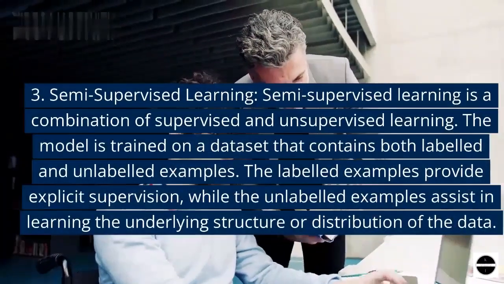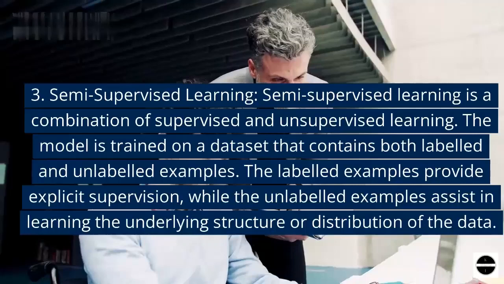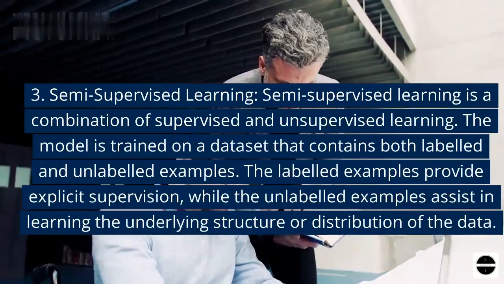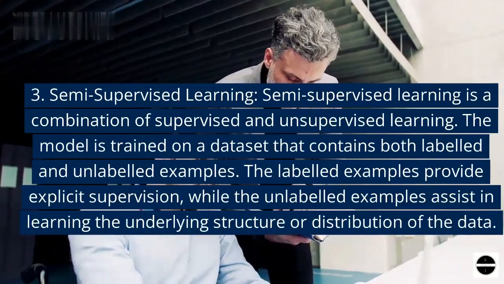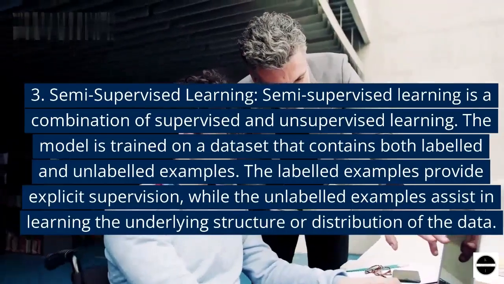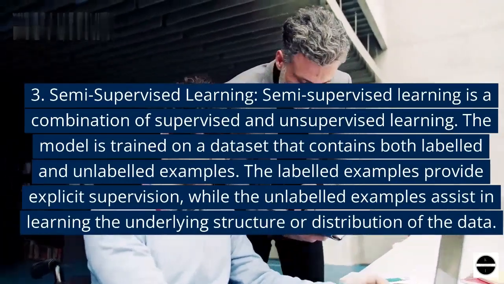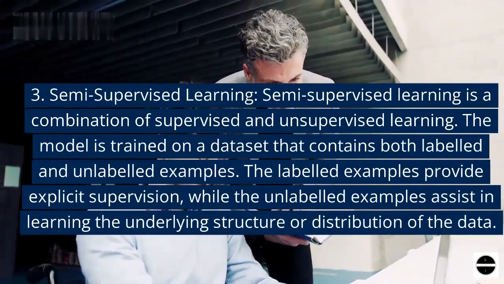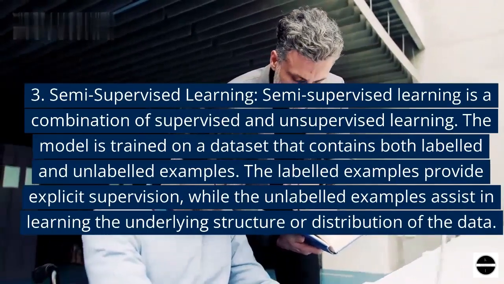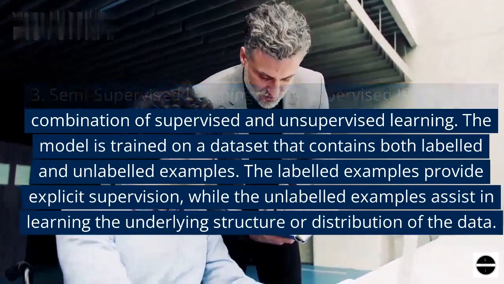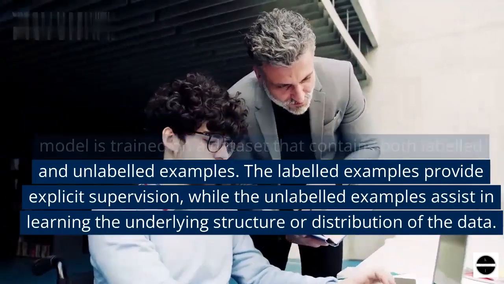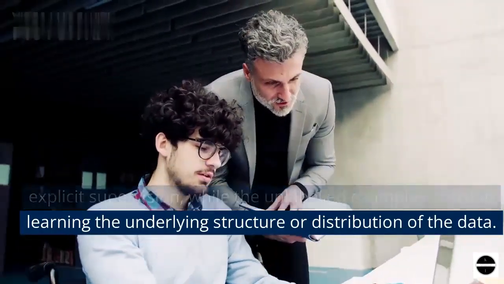3. Semi-supervised learning. Semi-supervised learning is a combination of supervised and unsupervised learning. The model is trained on a dataset that contains both labeled and unlabeled examples. The labeled examples provide explicit supervision, while the unlabeled examples assist in learning the underlying structure or distribution of the